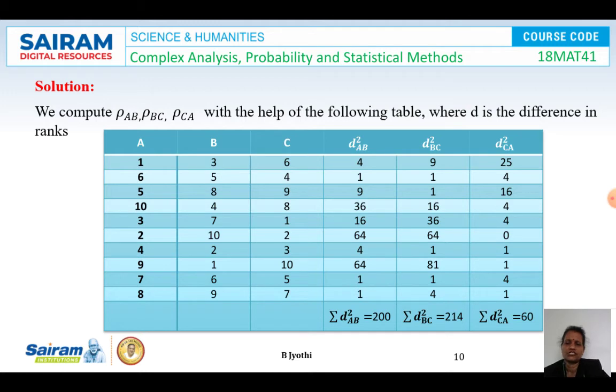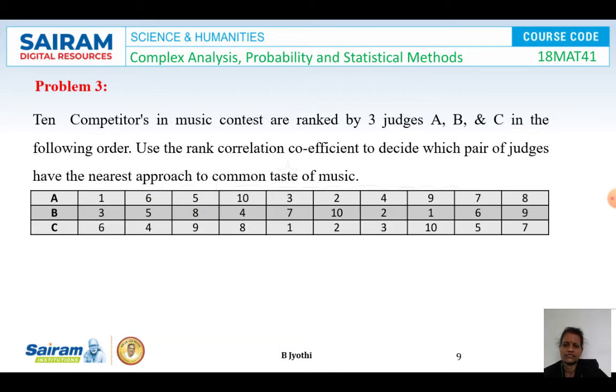So how it has to be done is, for A it is 1, 6, 5, 10, etc. You can see this one, A 1, 6, 5, 10, 3, 2, 4, 9, 7, 8. So these are respectively the ranks that I have given. You need not compute the ranks. So straight away you can take the